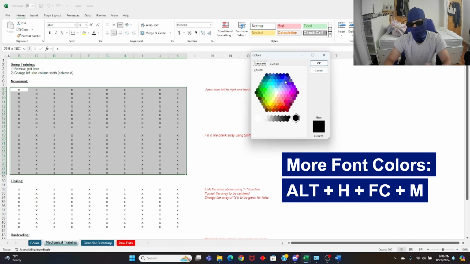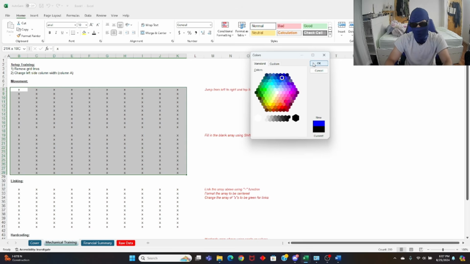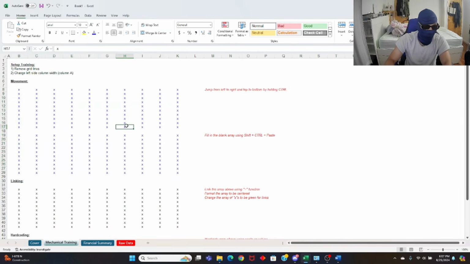Because sometimes when you're using a mouse in Excel, it's more efficient to use a mouse. Like some people, they be using a keyboard for everything, even when they're making charts. Like that's marginal return on speed. It doesn't matter, just use your mouse. So what we use is this color right here. At least I hope it's that color, because I'm wearing sunglasses to block out my eyes. But I think it's this color. You're gonna click OK, and now we're all in blue. Okay, so these are the hard codes.